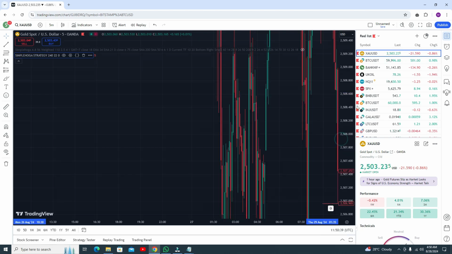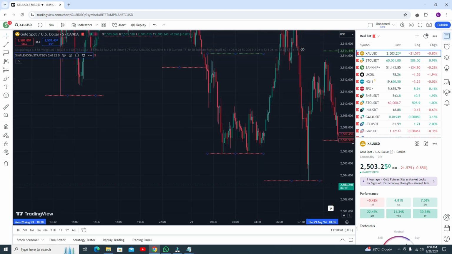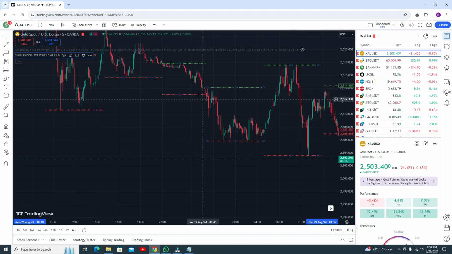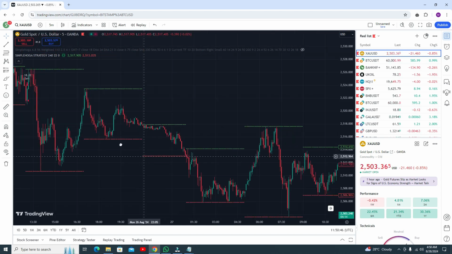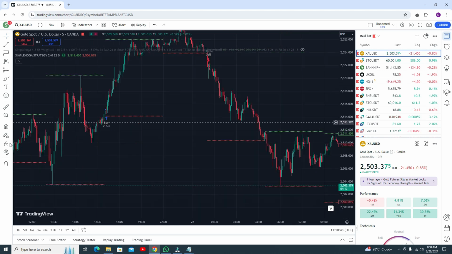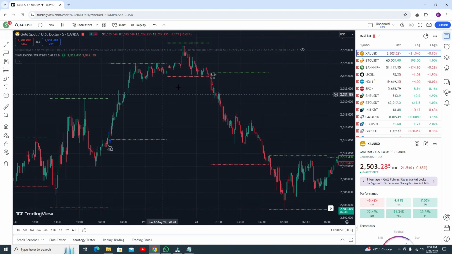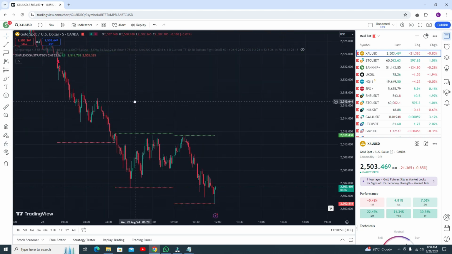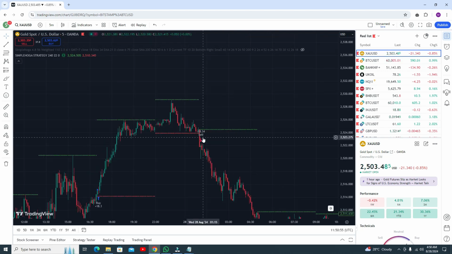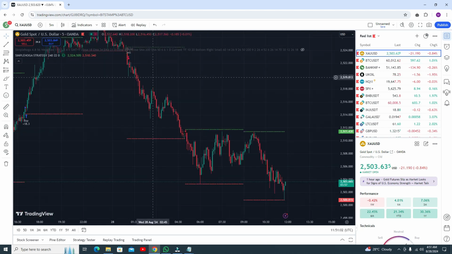Let me show you. It will give you the auto support and resistance lines, and here you can see, let me show you. Here you can see you got the buy signal, here you got the sell signal, and if you need to go for the sell trade, you must watch the resistance line. Yes, and then go to the sell trade, and you need to book your profit. Again there is a resistance, so you can go for the sell trade, and you need to book your profit. The most recent take profit is this one, this one.